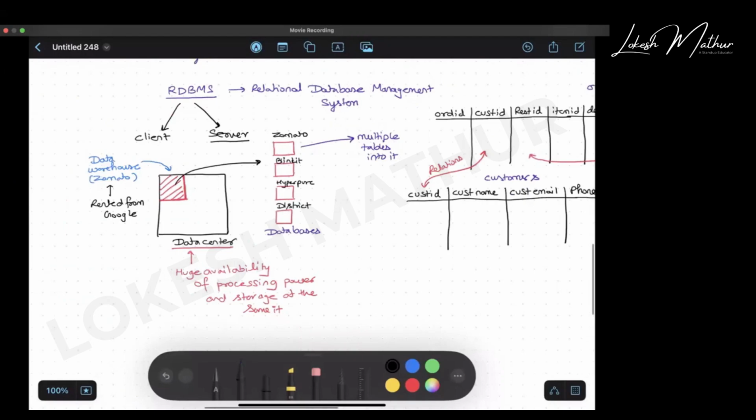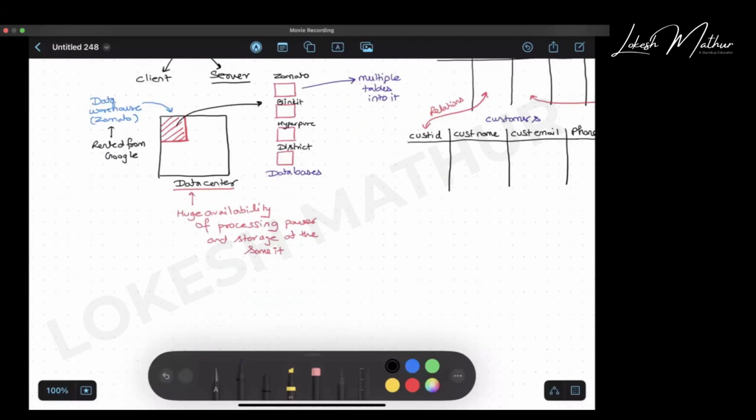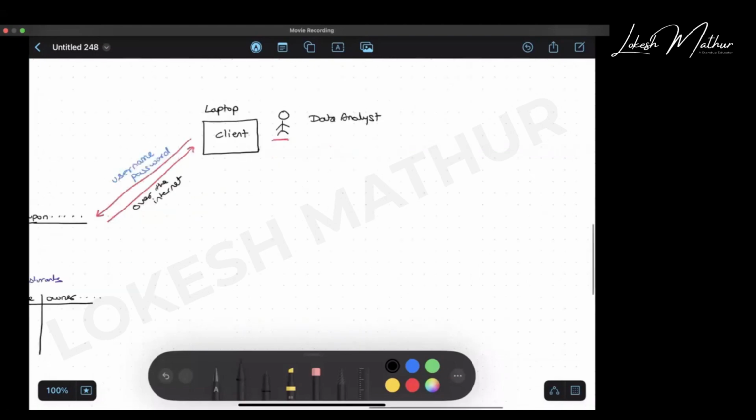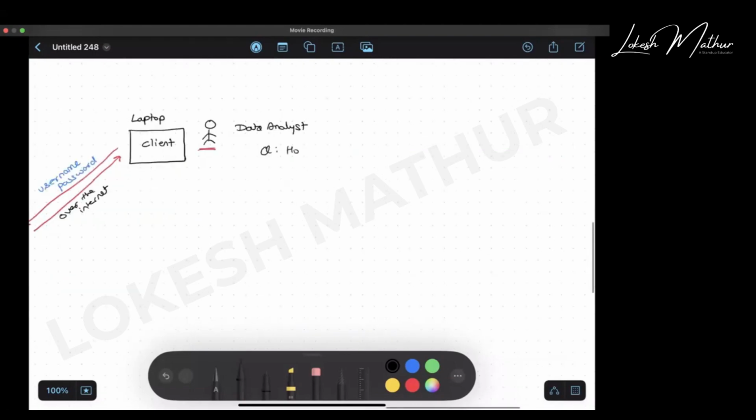So this is known as a server. This entire thing is known as a server. And a person who wants to access this data can now simply use this software, which is client, install it on his laptop, enter the username, password, and the host name and every other detail, and will be able to connect to the database and can now access the content of these tables over the internet. Now, if this person asks a question, let's say,